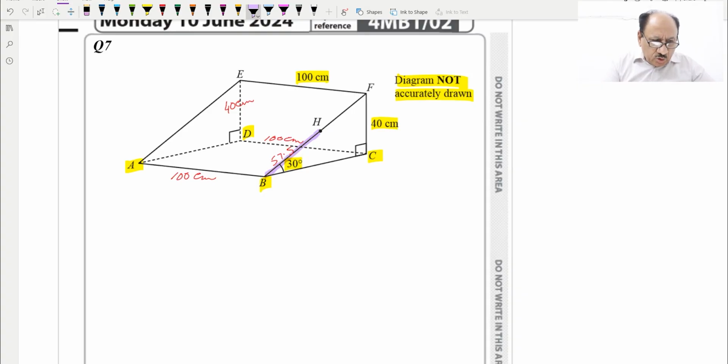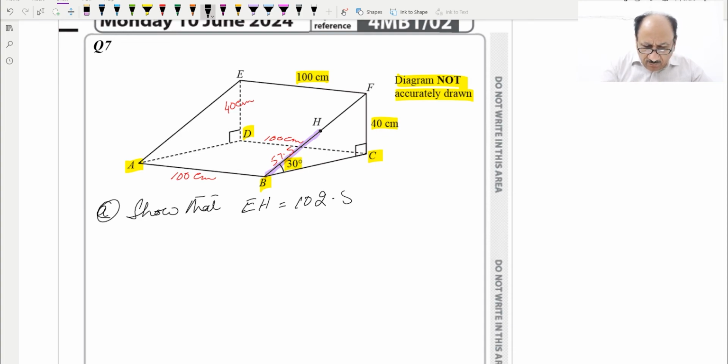And show that A part, we need to show that EH is equal to 102.5 centimeters, and this is our task for 3 marks. So we will be considering what,